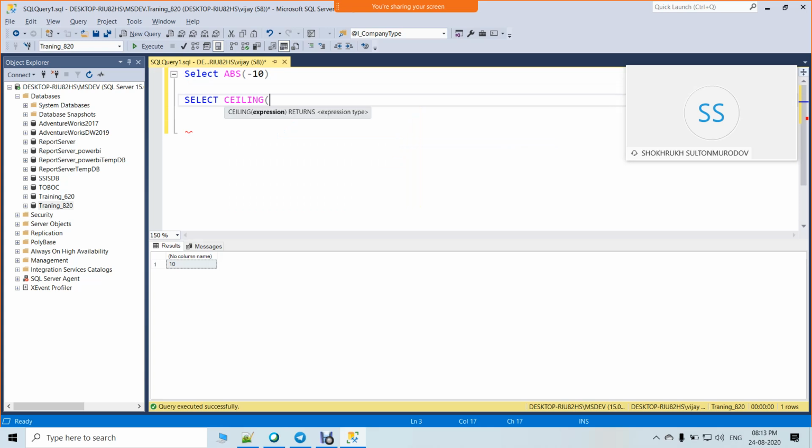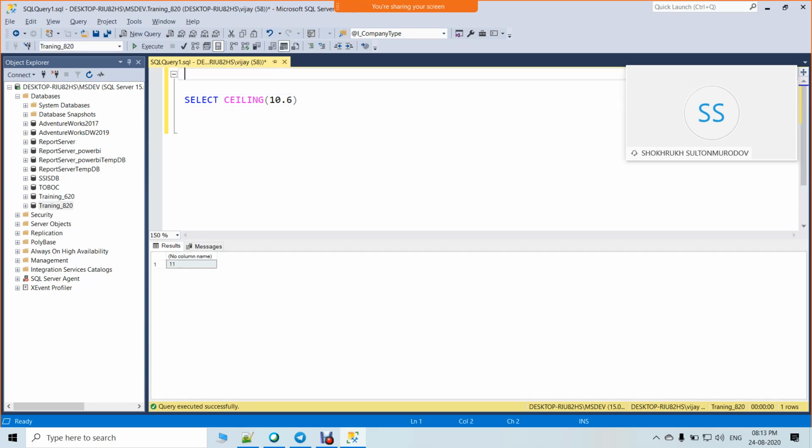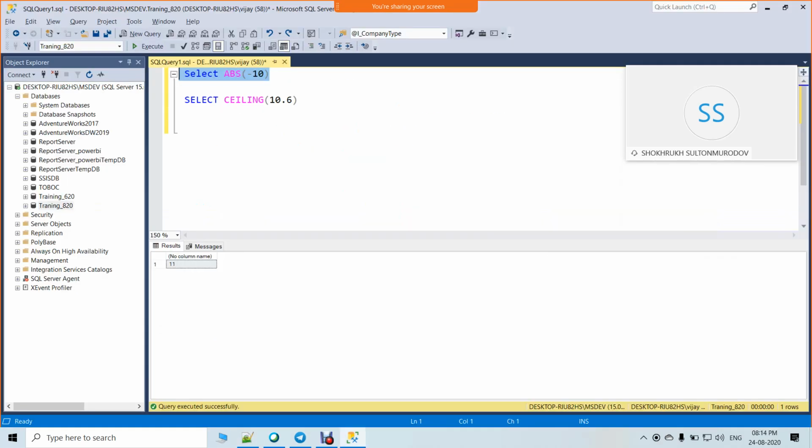There is a function called ceiling. Ceiling means top. If I give 10.6, it will give 11. Ceiling is the top, like ceiling fans. Floor is down. So ceiling of 10.6 means it will take the nearest bigger value; the highest value is 11.